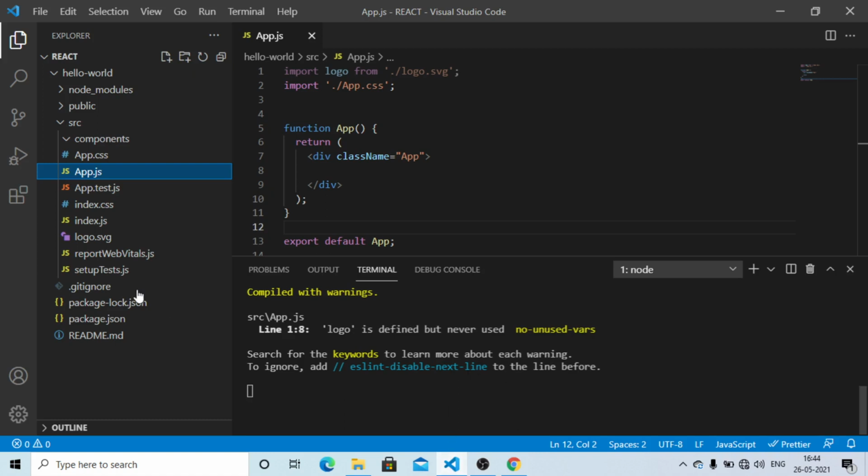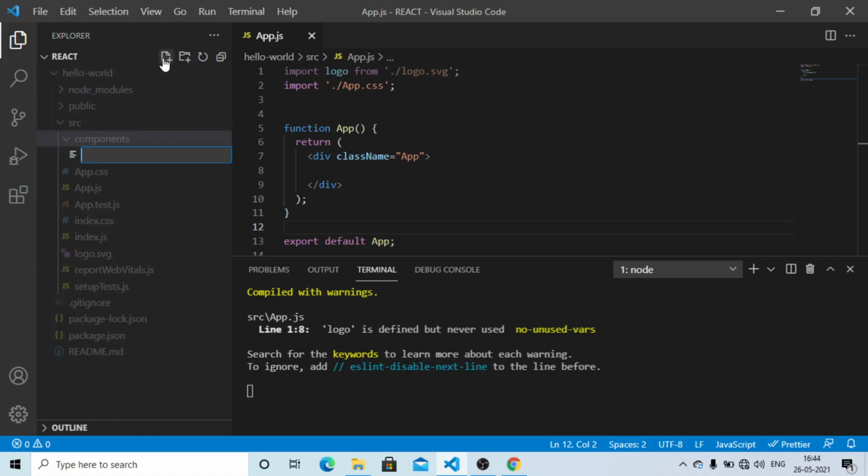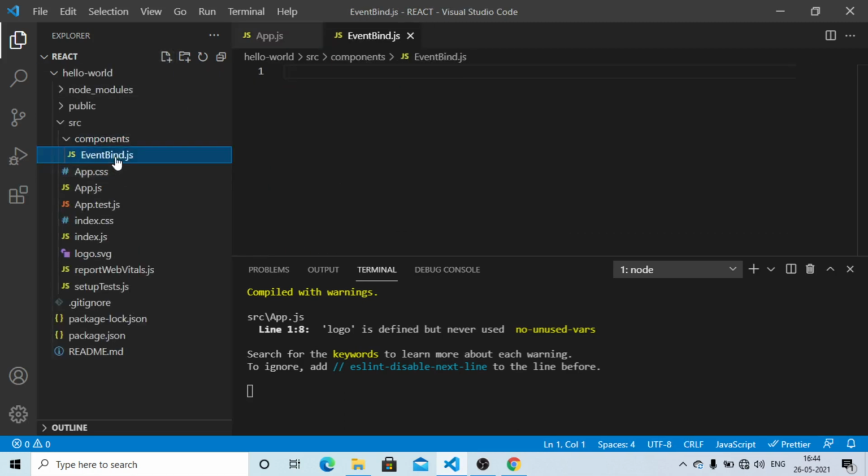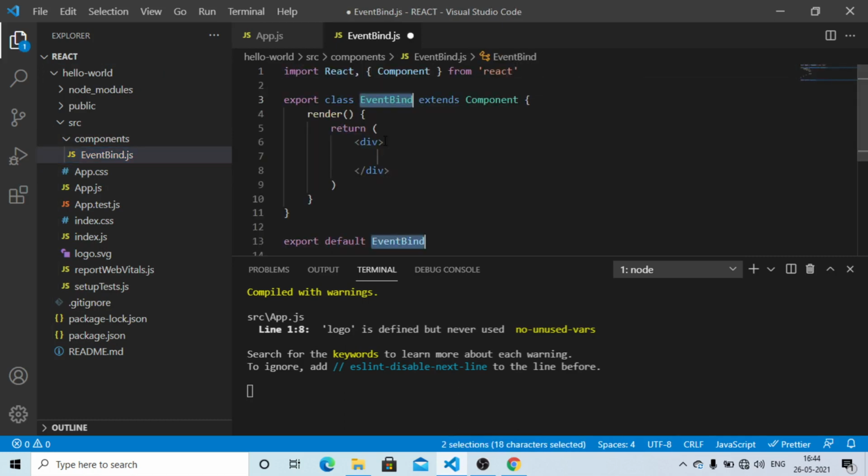So I am going to create a new file underneath the components folder called eventbind.js. I am going to create a class component by using the React snippet RCE and tab, and I would like to remove the named export.